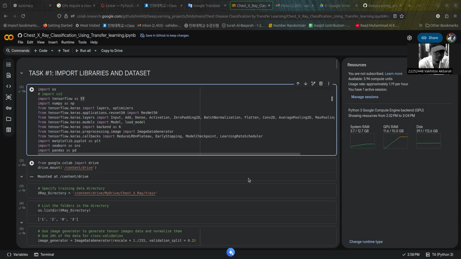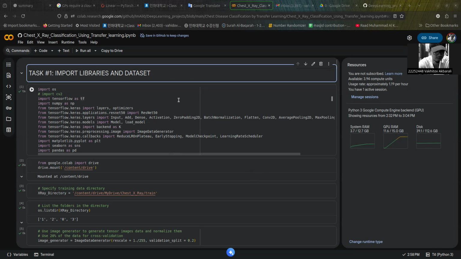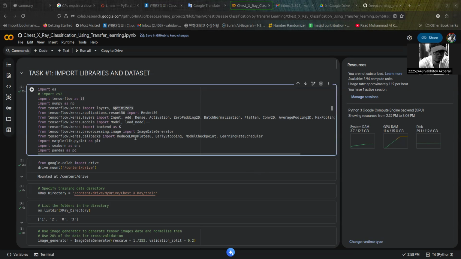So here, as you can see, I have already placed the code here. The first task is to import libraries and the dataset. And here, as you can see, I have recently run the code. And after importing the libraries,